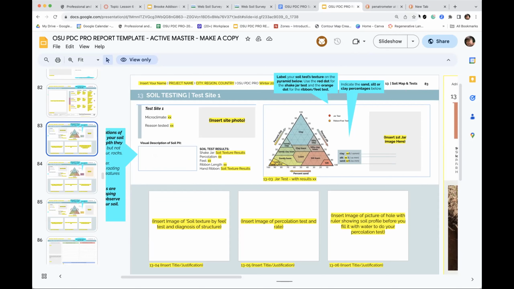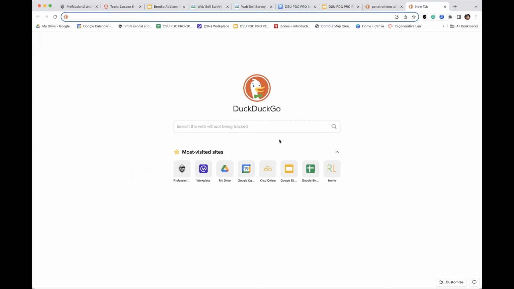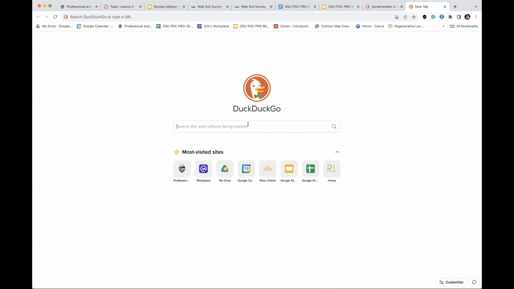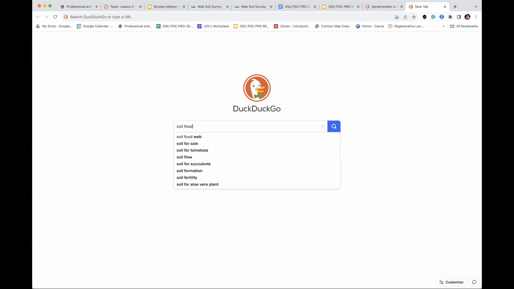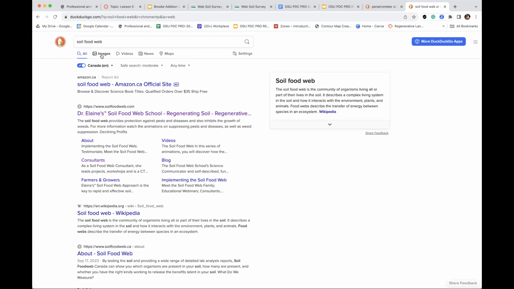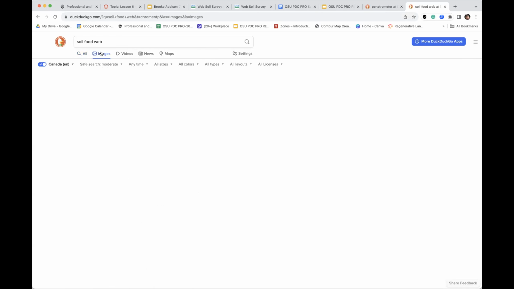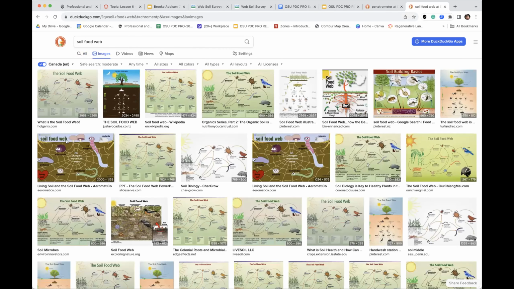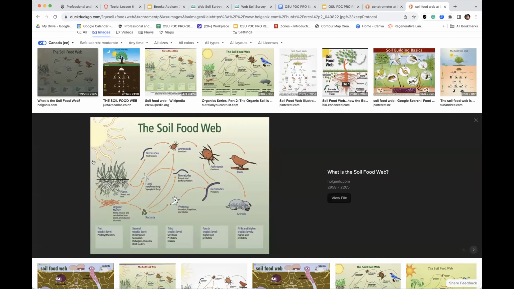But one of the things I want to point out to everybody with regards to that is what's called the soil food web. And let's just take a look at the web itself. So this is something that Dr. Elaine Ingham was, I don't know if she was the prime curator of this whole concept or she worked with a group that put this together,